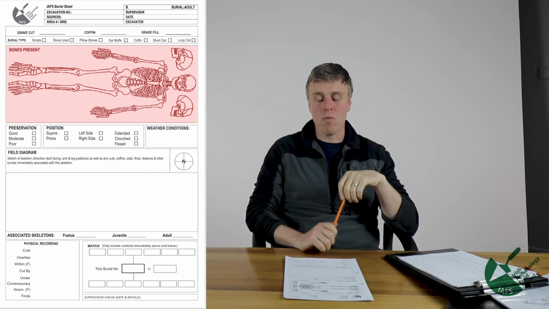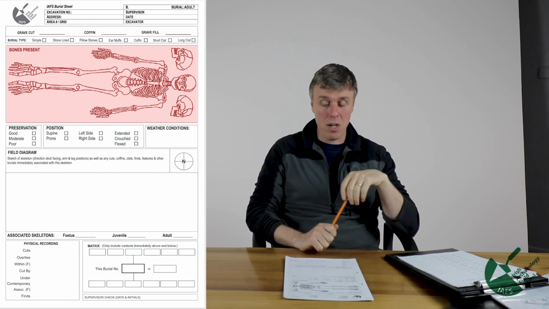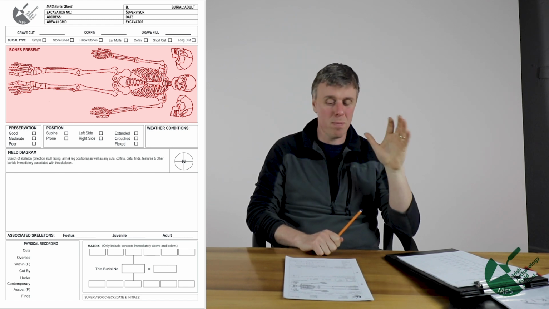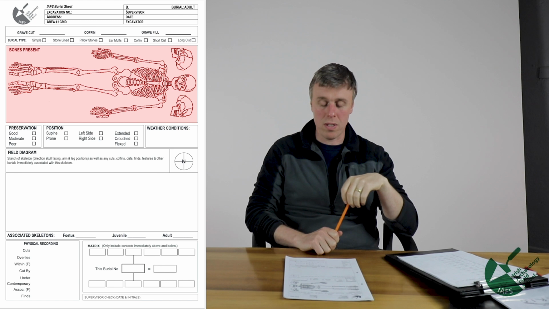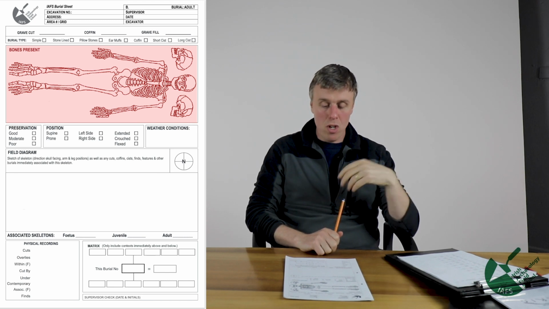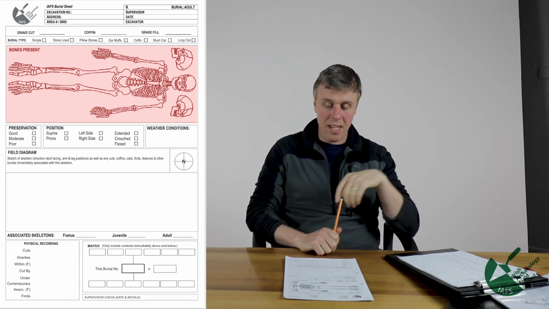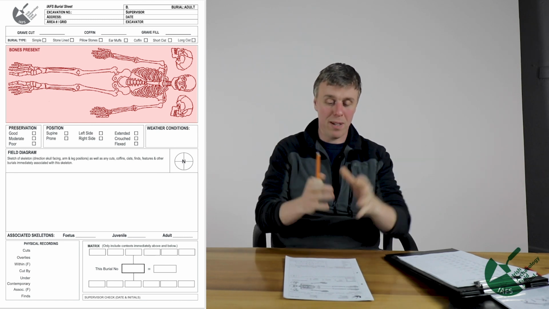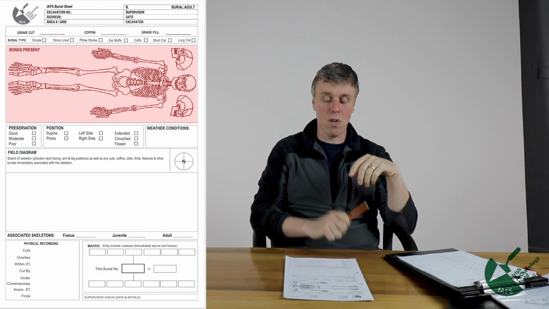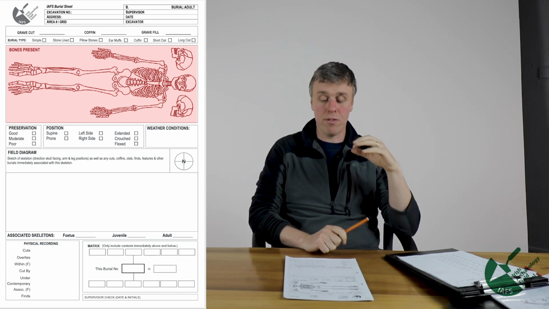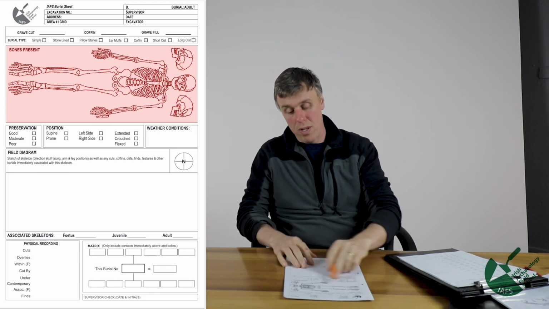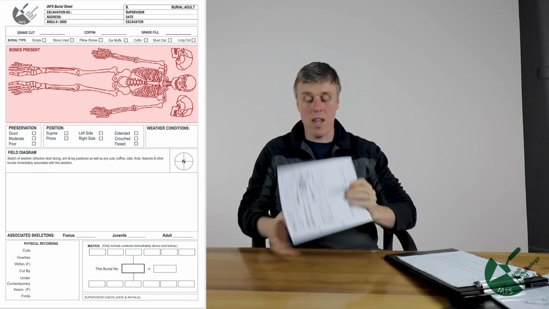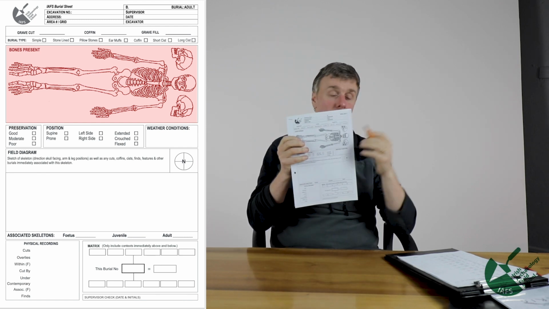On most well-run research digs, you'll also sieve everything to make sure that no small bones are lost, especially if you're dealing with smaller individuals, such as infants. So it's a very slow process, a very careful process, where you orientate yourself and then carefully move along. When you have the burial fully exposed, that's the point that you get to colour in this, and that you get to do the archaeological drawings.